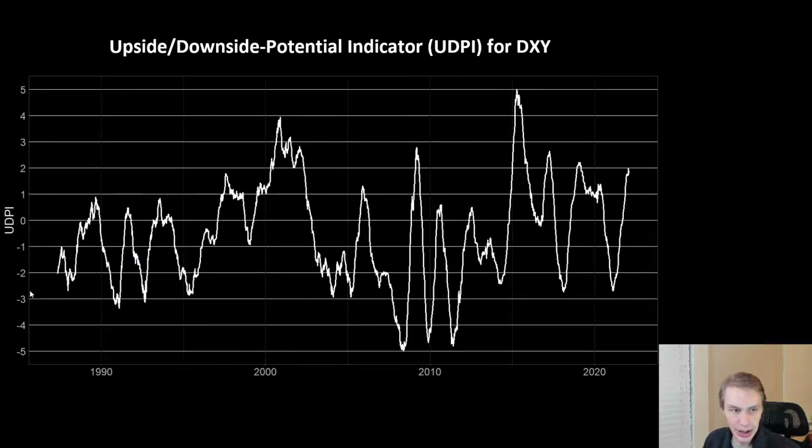Same thing with the downside. This level of negative 2 to 3 has oftentimes acted as support throughout the history, with just a few times breaking down below it. So it'll be interesting to see if we do get that reversion back down to one of these levels. And certainly if that did happen, if this does act as a rejection point for the DXY and it ends up having to correct,